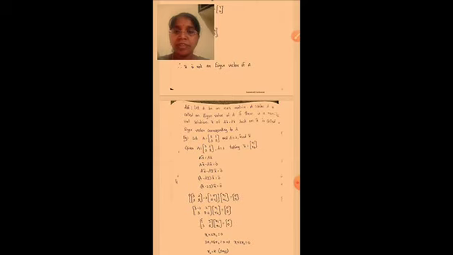So after that we have to see the definition. Let A be an n by n matrix. A scalar lambda is called an eigenvalue of A if there is a non-trivial solution x bar of A x bar is equal to lambda x bar, such that x bar is called the eigenvector corresponding to lambda. Here, first of all, A is an n by n matrix, and lambda is a scalar, and lambda is called the eigenvalue of A.